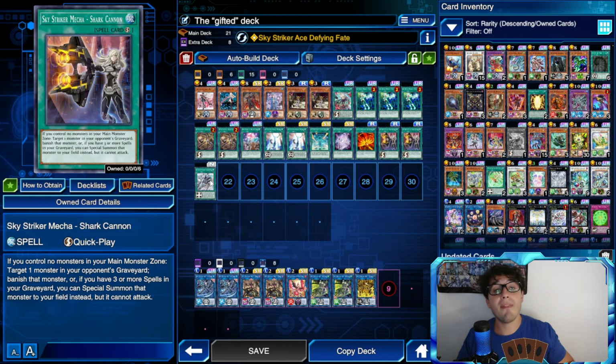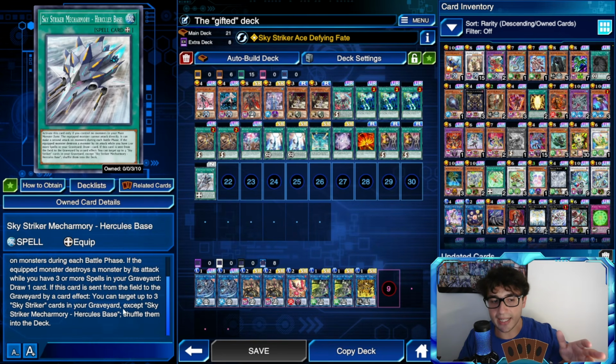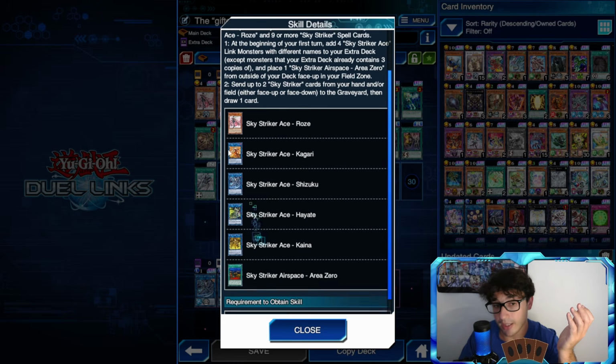That's the reason. And then last but not least, for the spell cards, I'm playing 1 Armory, not because I use it to equip to any monster, but just for the second effect, because if this card is sent from the field to the grave, you can recycle spell cards. So you have multiple ways, actually 2 ways to recycle cards from the grave, and those are Hercules, basically, and the other one is Kagari,